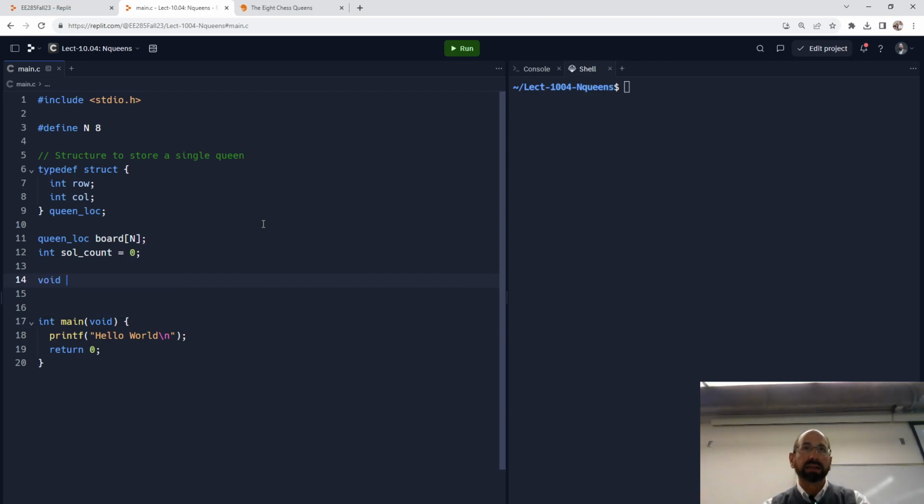We can call that a lot of things. It could just be called solve n queens, that's fine. That's what it's doing. It's solving the n queens problem. You could also call it place ith queen or something like that, because it's really serving both of those purposes. This whole application is